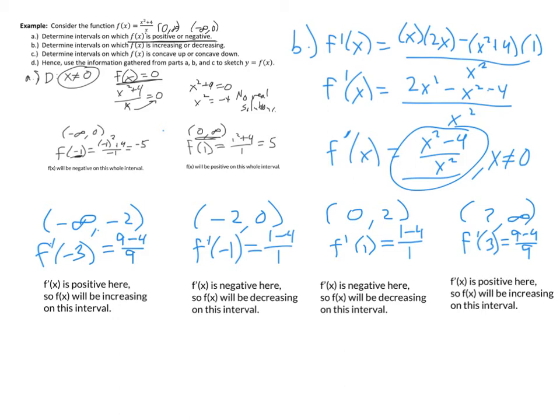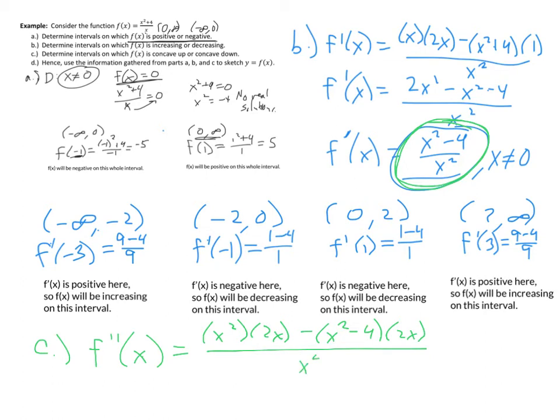In order to do part C, I'm going to need to use the second derivative, right? So the first thing that I need to do here is take the second derivative. So I'm going to go back and remember what the first derivative is. I'll need to use the quotient rule again. Fortunately, it's not too bad. So this is going to be low d high minus high d low